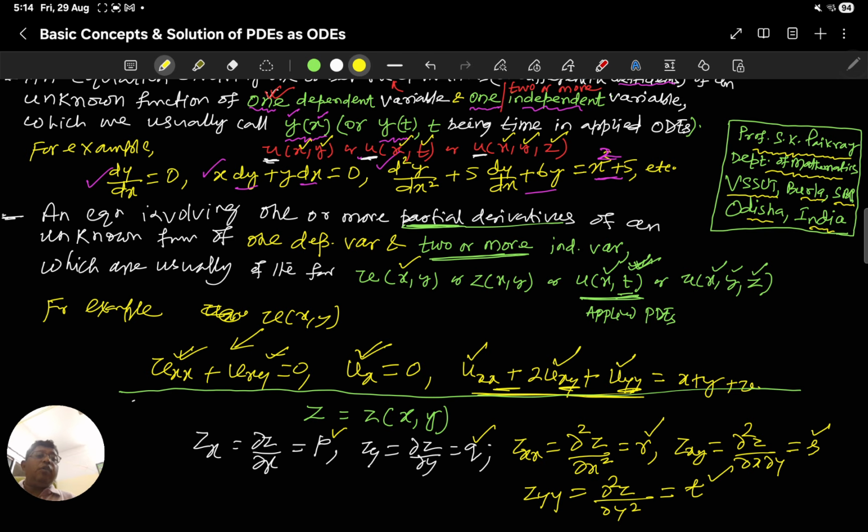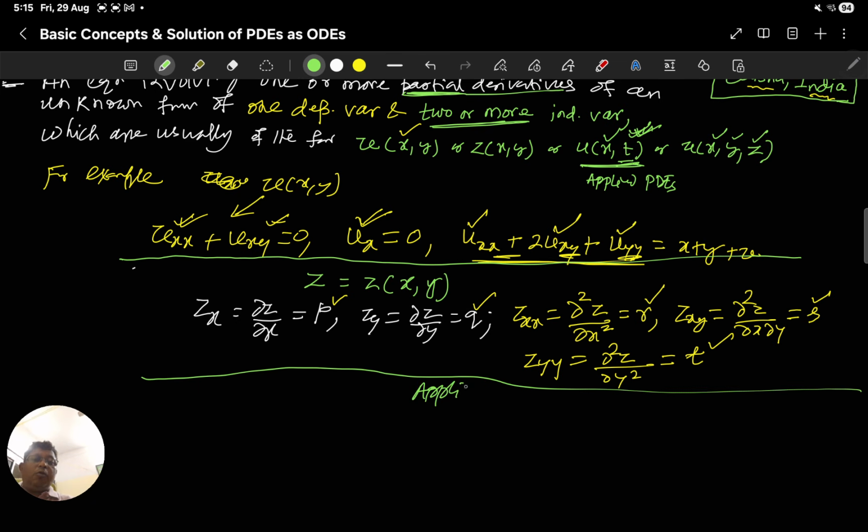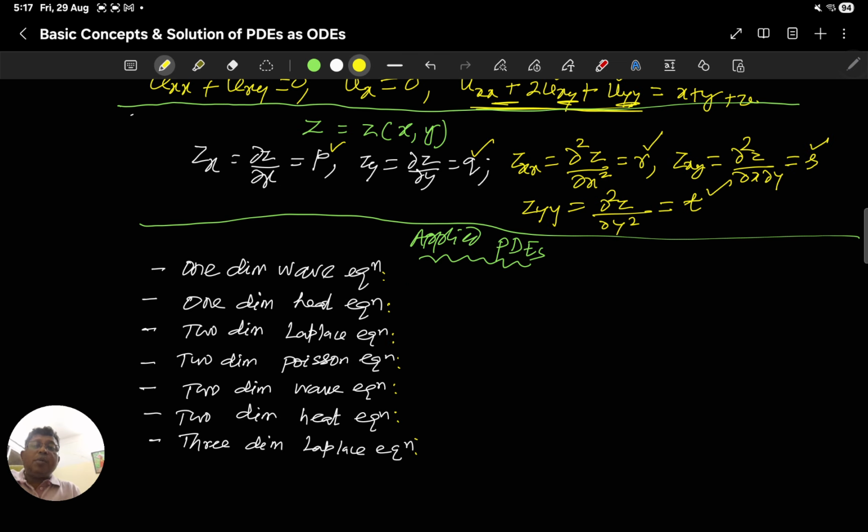So for usual PDEs we use these terms, but my concern here is to discuss the applied PDEs. For which I write some partial differential equations such as the one-dimensional wave equation. We have the one-dimensional wave equation as